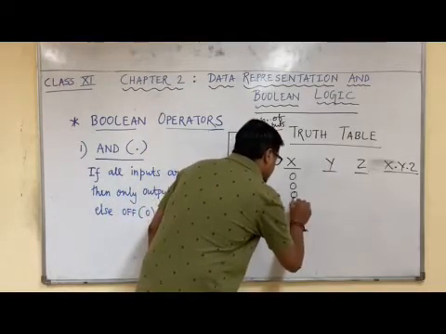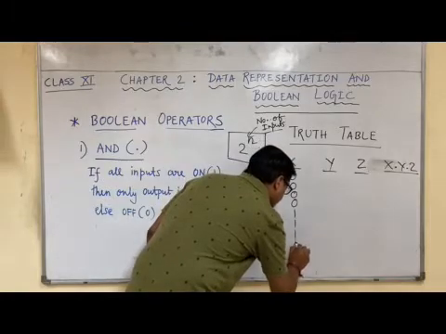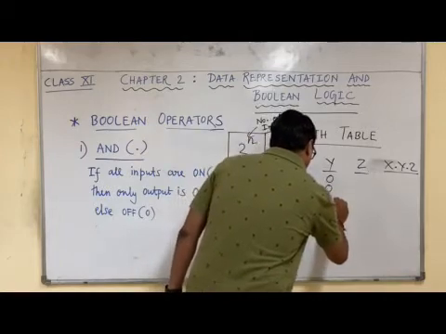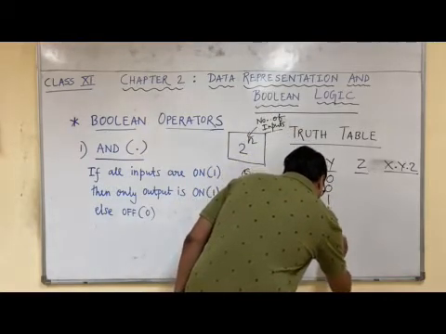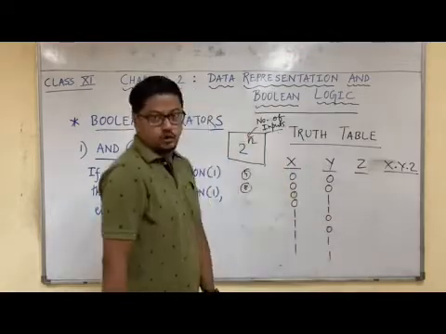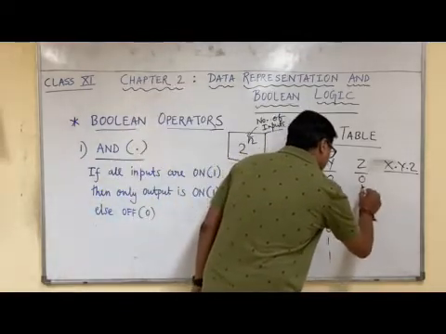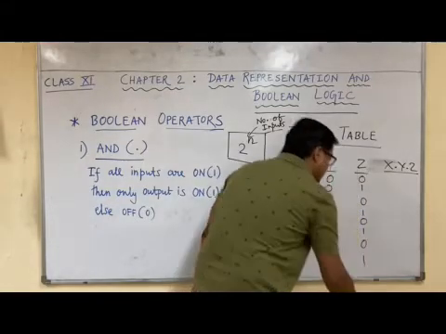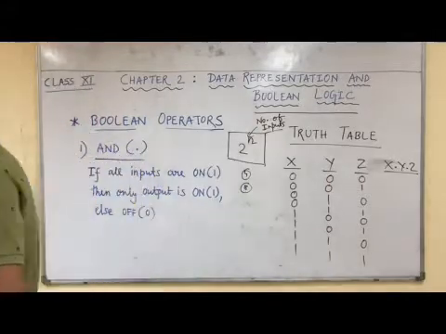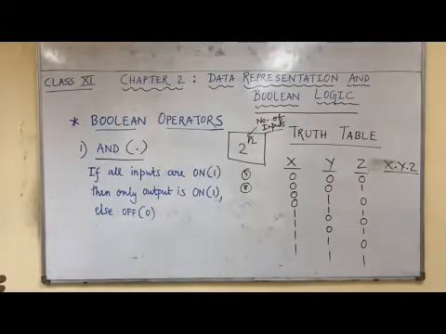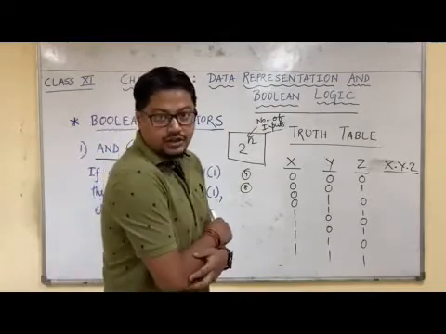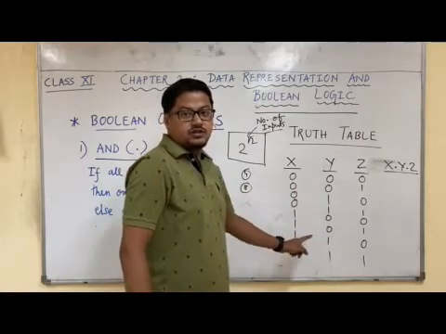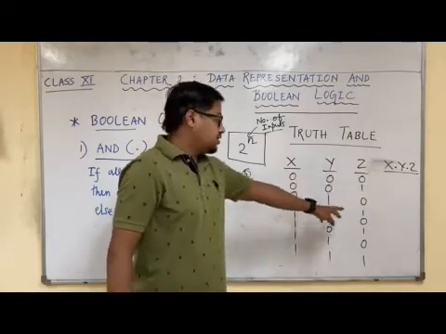0, 0, 0, 0, 1, 1, 1, 1. Correct? 0, 0, 1, 1, 0, 0, 1, 1. Okay? 0, 1, 0, 1, 0, 1, 0, 1. So I hope you are very clear with the pattern. For 2 inputs, what did we do? 0, 0, 1, 1, 0, 1, 0, 1. For 3 inputs, what we are doing? 0, 0, 0, 0, 1, 1, 1, 1. 0, 0, 1, 1, 0, 0, 1, 1. 0, 1, 0, 1, 0, 1, 0, 1, and so